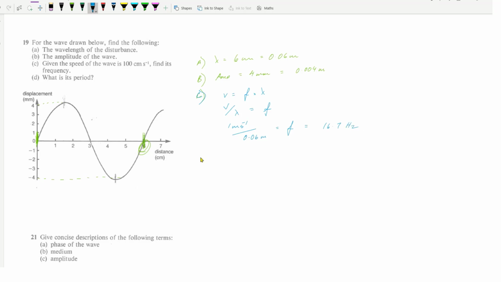What is the period? So again, what is the time it takes to go through one oscillation? The period is the inverse of the frequency, so that's 1 over 16.7. However, because we rounded it off, it may mess it up, so it's probably easier just to do it this way here. So just invert this fraction here, which will be 0.06 over 1, so 0.06